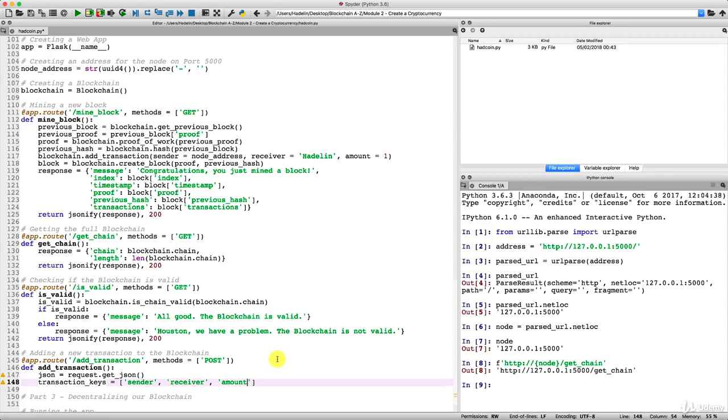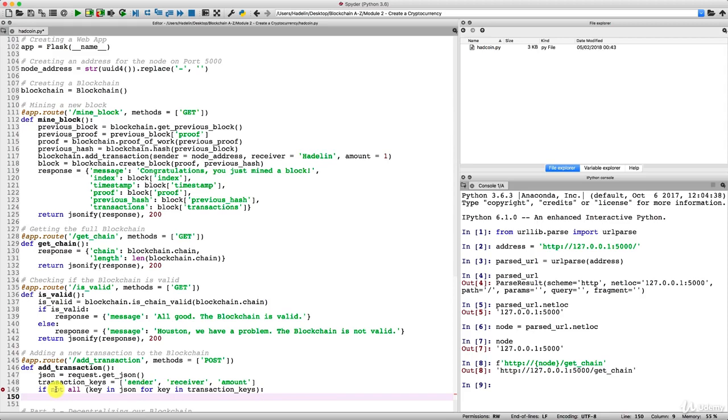If a transaction is missing any of these keys, we'll return a warning or an error saying that something is missing, something is not right. All right, so speaking of this, that's exactly what we're going to do now. That's why I'm starting with an if condition to check that if not all the keys in our transaction keys list, if all the keys of this transaction keys list are not in JSON, we'll return an error.